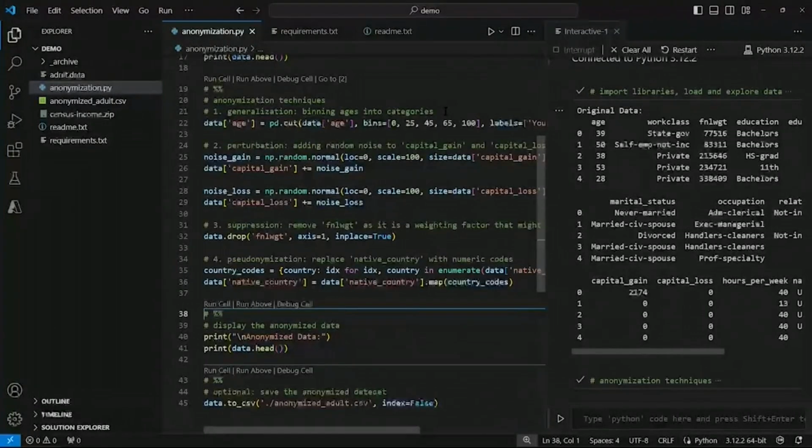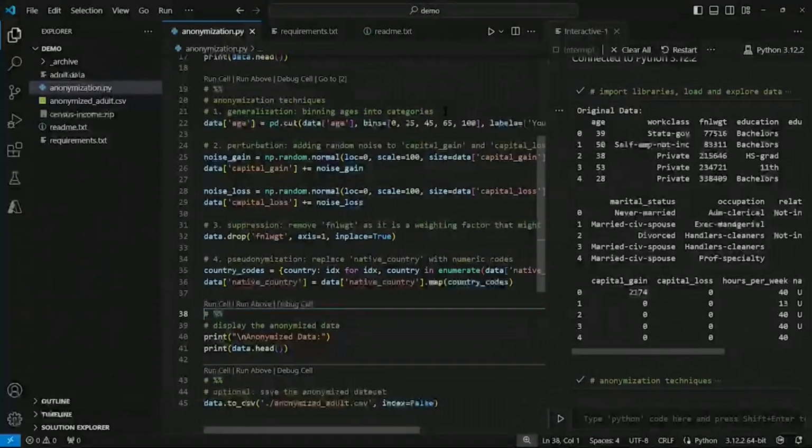Here, we're binning ages into broader categories like young, adult, senior, and elder. This helps protect individual identities by preventing the ages from being too precisely linked to specific individuals. Generalization helps in reducing the risk of identification by making data less granular. While it protects privacy, it also allows for statistical analysis and insights at a higher level of abstraction.